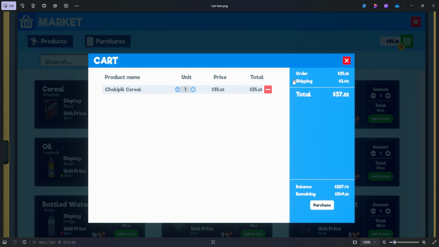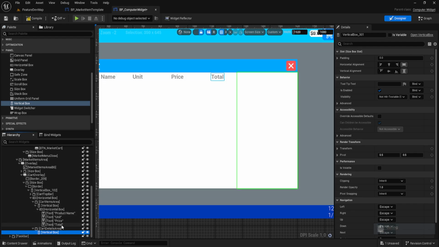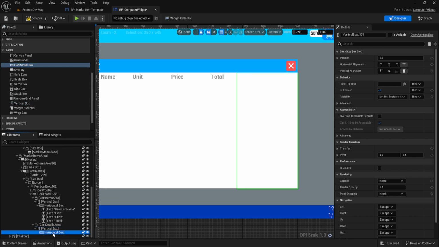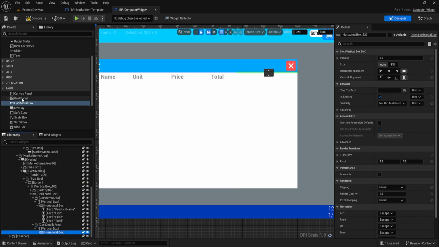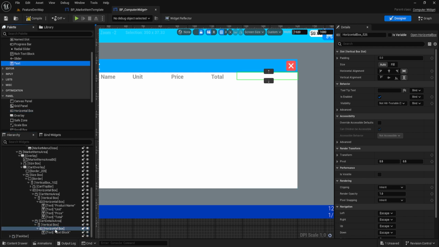For this horizontal, another horizontal for this, then a line, another horizontal box with 2 text, size box which is set to fill the area, then another line, then another horizontal box with 2 text, another horizontal box with 2 text, and finally a button. Let's do that similarly. Let's add 2 text values,